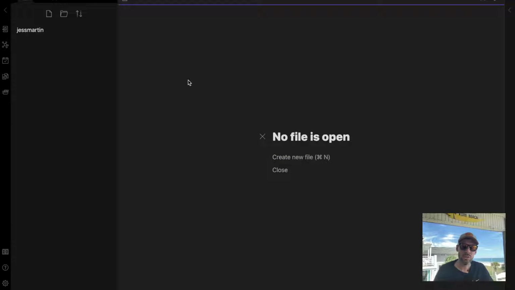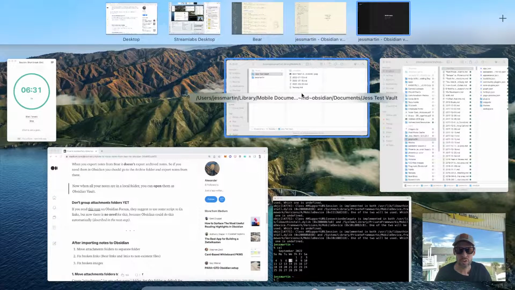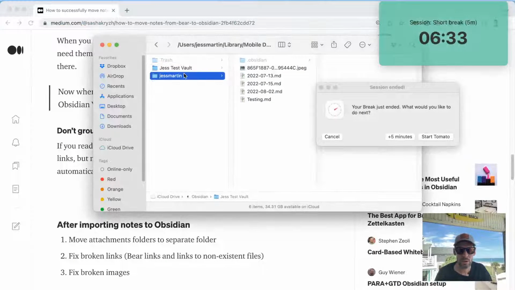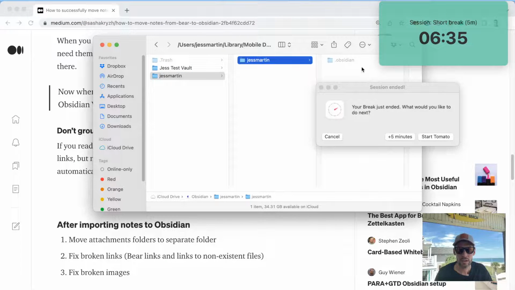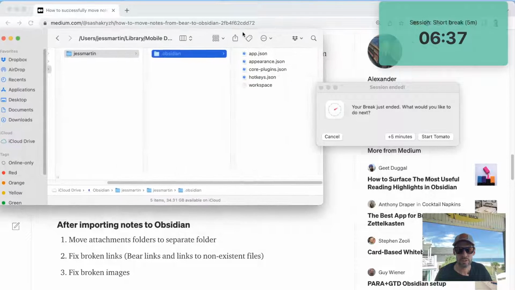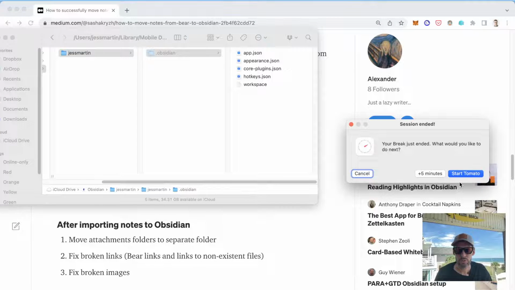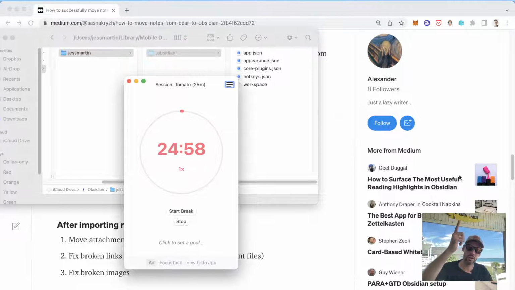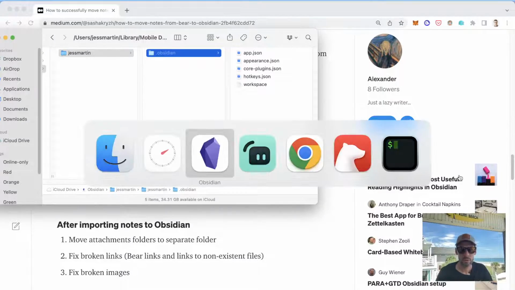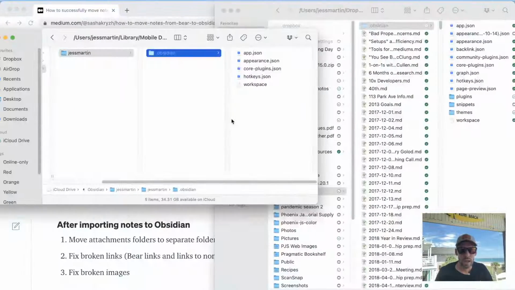Sure. Create. All right, and you'll notice that immediately we get a plain vanilla interface with none of that fancy stuff that we saw on the other one. So I think what we can do to start out with is copy over the .obsidian directory. I'm not sure what will exist in here so far. Might be able to just do a straight up overwrite. Oh yes, and let's also start our next Pomodoro. We got it going on, cool.